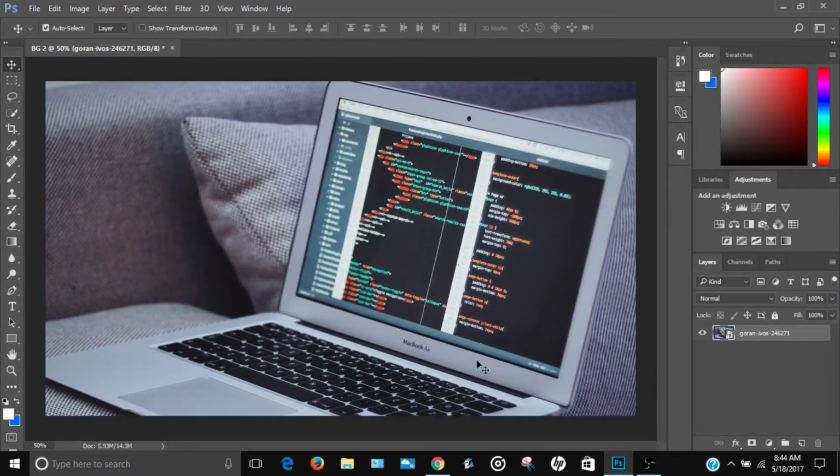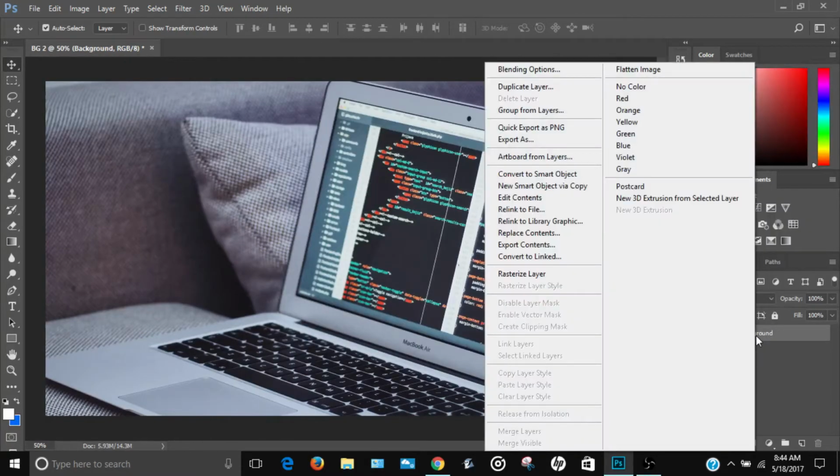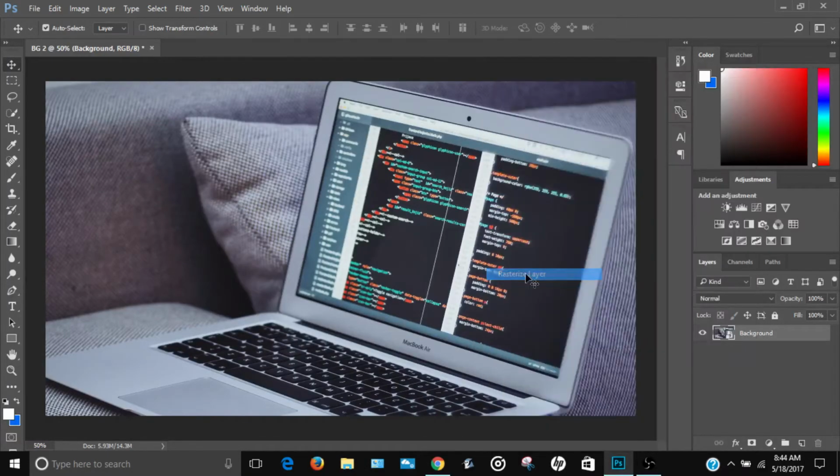So what I'm gonna do here is change the layer name, bam, and I'm gonna name it background. So I'm just gonna right click on this layer, and I'm gonna rasterize the layer. So just click rasterize layer, bam, just like that. There you go. All right, so the next thing we want to do is add some color to this